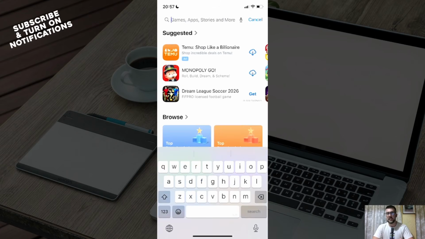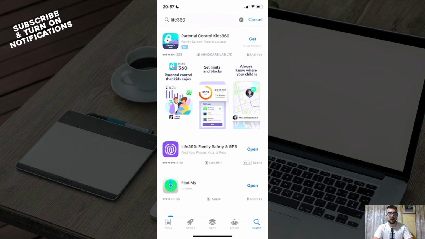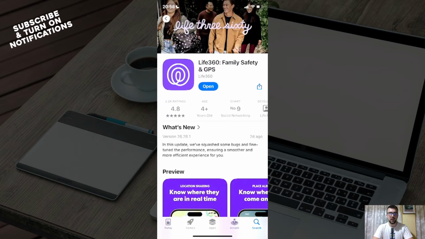On there, you can even access it within your account if you've downloaded the app. So you can just type out Life360, click on the search, and you can maybe see some sort of sponsored content, but rest assured to find this purple logo, click on it, and on here, you're going to see the option instead of open, it's going to say update. And through there, you're going to be able to update your Life360 app, which is going to give you the option